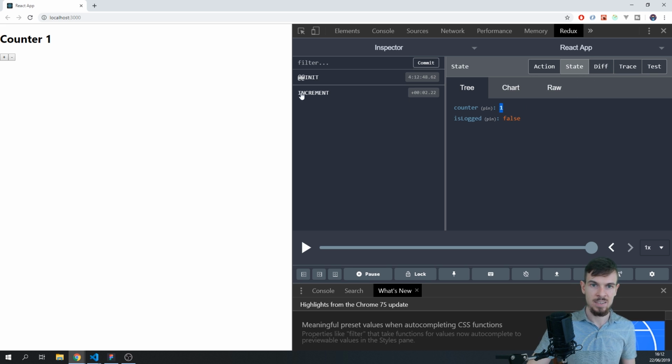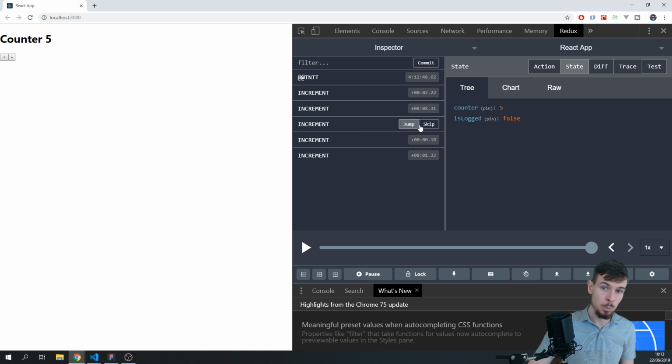And as you can see here, it also shows us the function, the action that ran. We do it multiple times. I can even jump back to 1 if I want to see. I can jump back here to see my state in this position. And yeah, there's a lot of cool things that you can do with this dev tool. It's really well made. You can also play this back to see what you did. Take a look. Very cool. Okay,